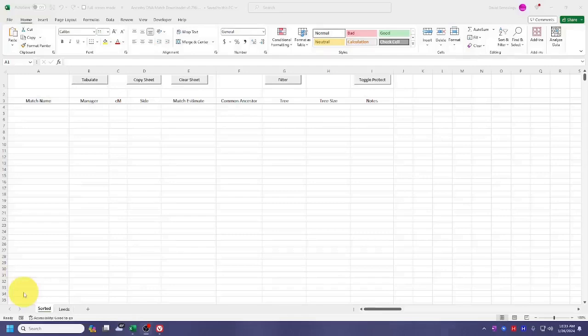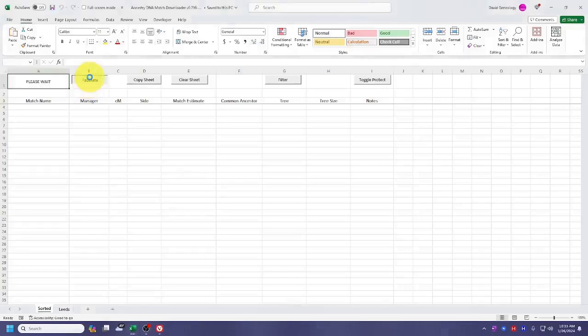So here I am in the workbook, and as you can see there are 2 tabs at the bottom. As I mentioned earlier, one is sorted, one is leads, and I'm currently on the sorted tab. At the top you have the button tabulate, which I described earlier as being the button to tabulate the data which is on the clipboard. So I'll now click that button, and you can see it's telling me to wait